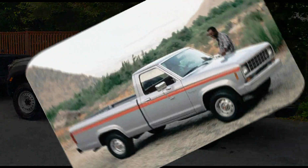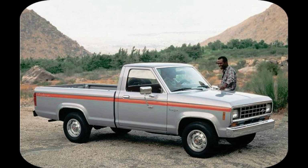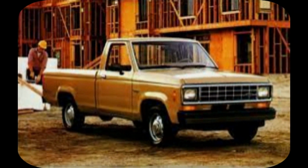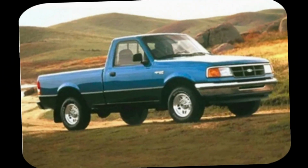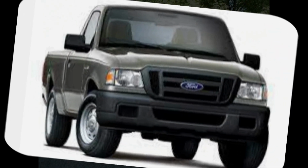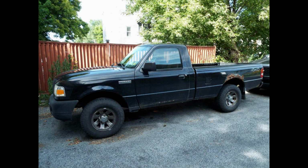My first Ranger was a 1984. Then I got an 87. Then an 89. Then a 93. And finally a 2007. This is an image of my 2007 Ford Ranger one day before it was sold with